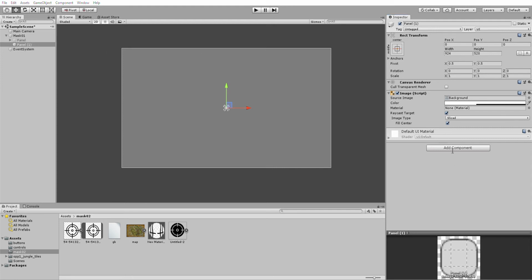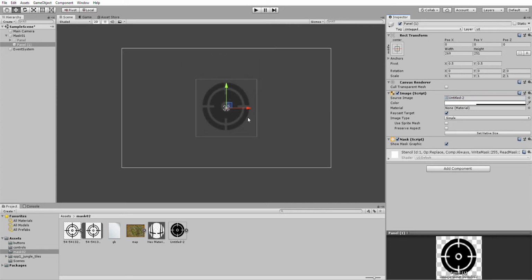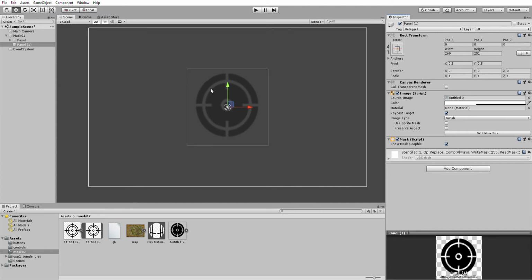First we will create a clipping mask. So mask. In the previous video I showed you how to create a mask. If you are facing any problem in that, go and watch that video. First, we will select an image. Suppose I will select this untitled 2. Okay, set native size. So this image is for my mask,